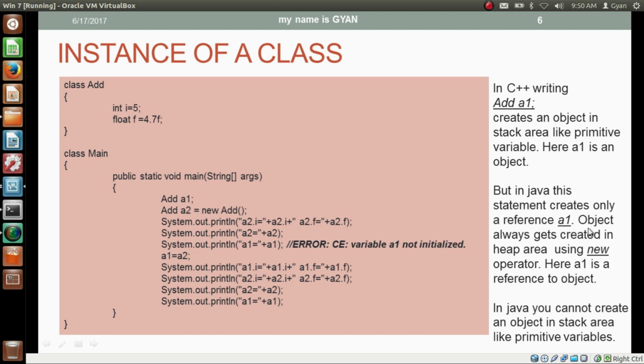In Java, an object always gets created in the heap area using the new operator. Here a1 is the reference to the object. Unlike C++, in Java you cannot create an object in the stack area like primitive variables. Let me try this code practically. Open calc.java